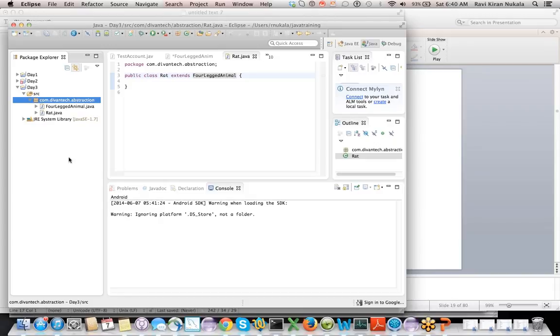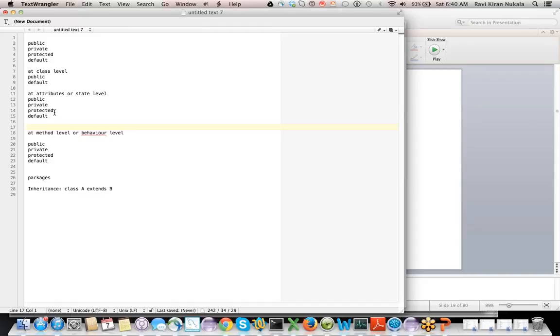If I stay at my home, or with my parents, I know some information about them, right? So that's like protected. Protected is a little more compromising than default. It lets you share the information outside the packages as well.